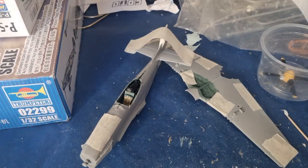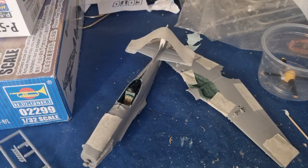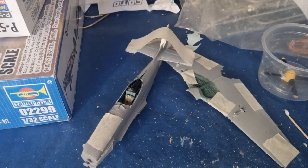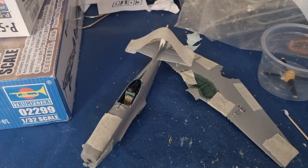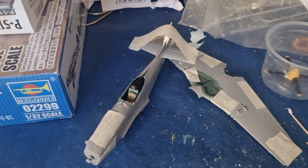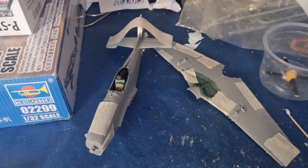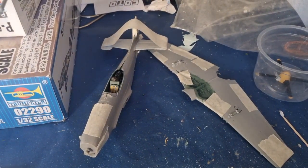fuselage. Okay, first let me grab the needed parts, which are B11 and what is it, A18 I think. I should add one of the actuator rods that go onto that part. First B2,